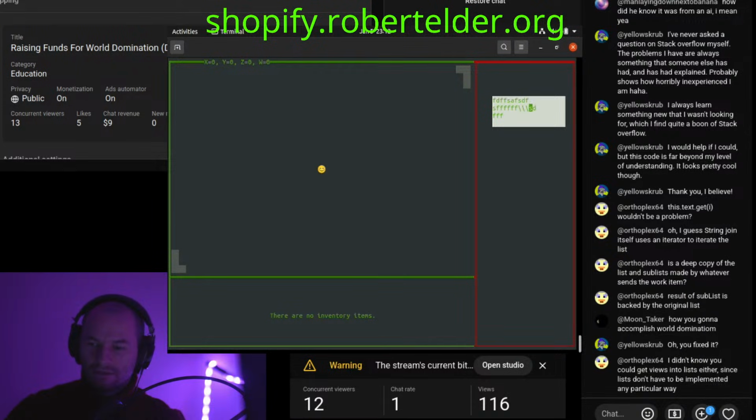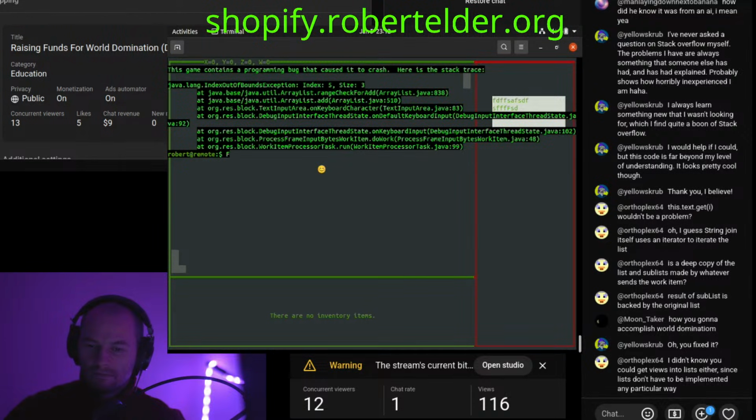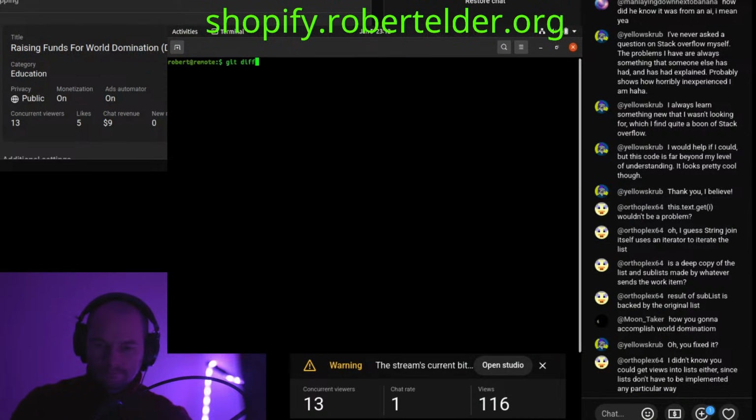All right, it's an actual text editor now. There's still a few bugs in it. That's a different one. I just need to make it so when I go down, it has to add it to the end of the line. But